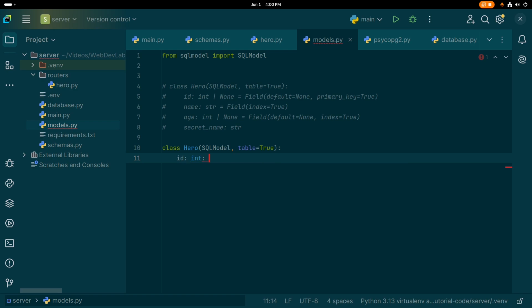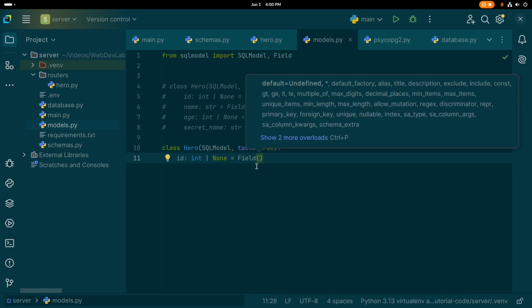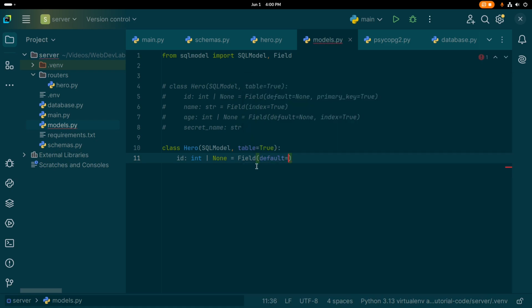This is type of integer. Either it is integer or none. And we need to use this Field from SQLModel, and it will have a default value of none, but I can make sure none of the hero will be